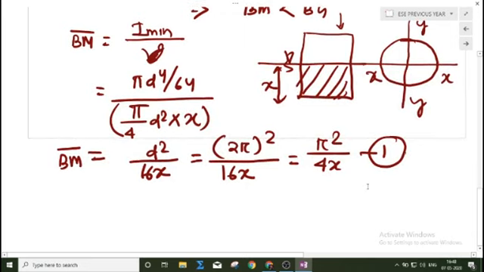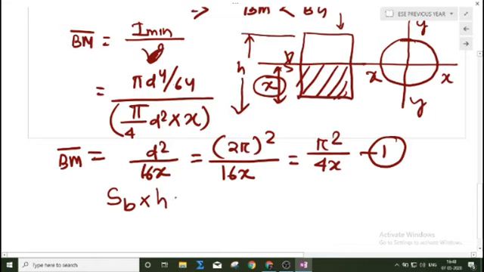So now you have to find out what is the depth of immersion. You have to find out what is this x. So what is the formula? I already discussed it in buoyancy. The specific gravity of the body into total height. So this is my total height of the body, suppose this is my h. Specific gravity of the body into total height will be equal to specific gravity of the fluid